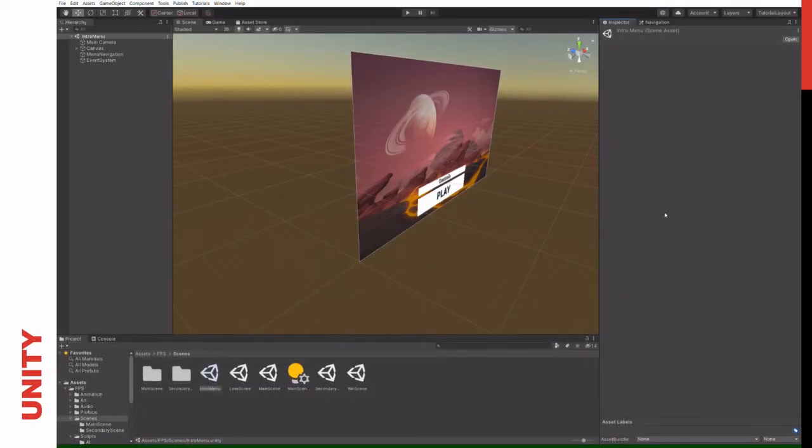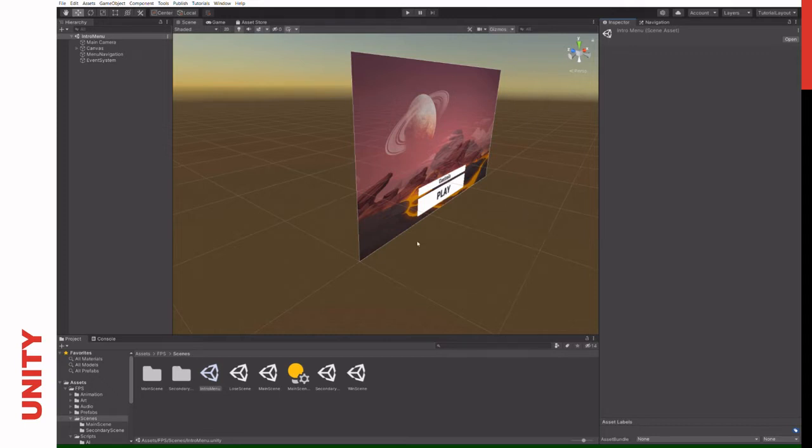Okay, so if we are talking about game engines and what to do with them, we should obviously start with Unity 3D, because out of these game engines I'm using today as an example, it's definitely the most complex and at the same time the most extendable one. So what I have here is the first-person shooter tutorial project, which you can all find in your own Unity installations. Right now we are loaded to the scene intro menu,